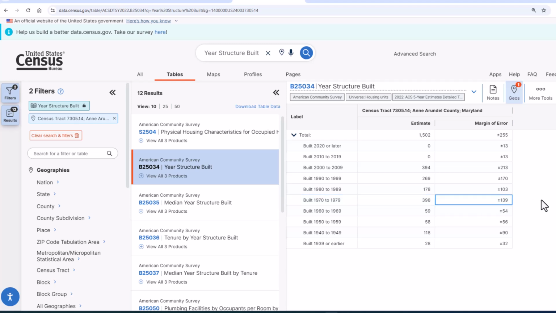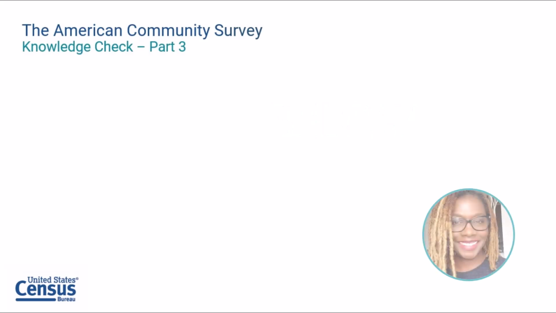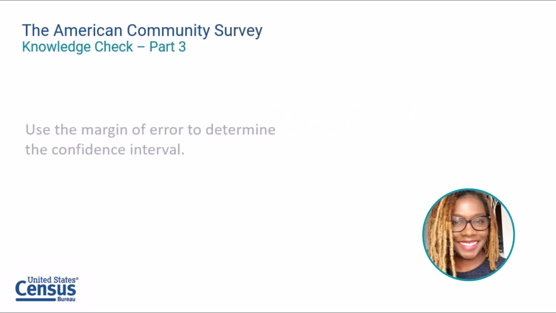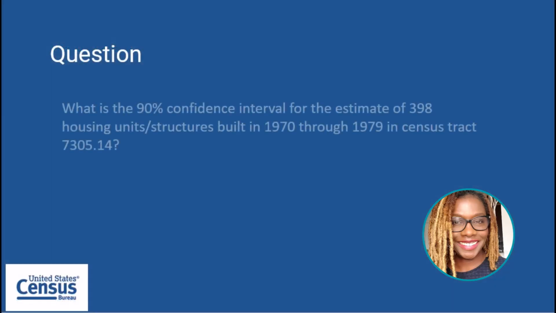Keep in mind that there are many more ways to search for data in Data.census.gov. See the link to video tutorials below this video. Part 3 of this knowledge check is to use the margin of error of the estimate to determine the confidence interval. What is the confidence interval for the estimate of 398 housing units or structures built in 1970 through 1979 in Census Tract